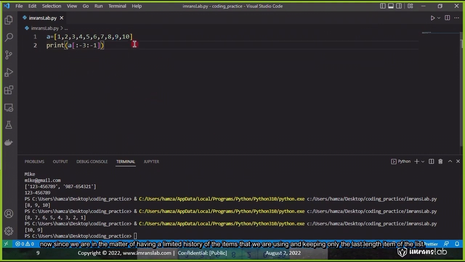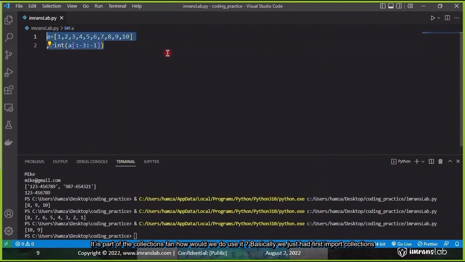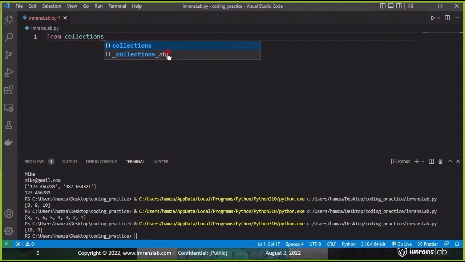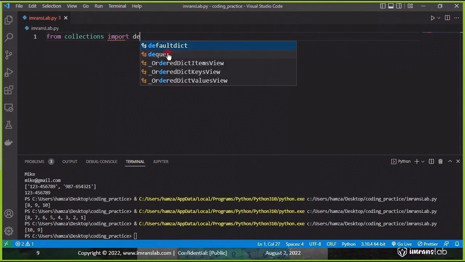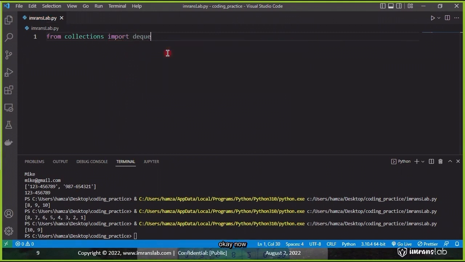Now, since we're in the matter of having a limited history of the items that we are using and keeping only the last n items of a list, we could also use something called deque. It is part of the collections family. How would we use it? Basically, we just have to first import collections. Well, from collections we would import deque. Okay, now